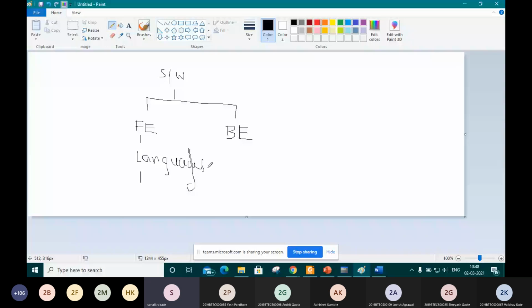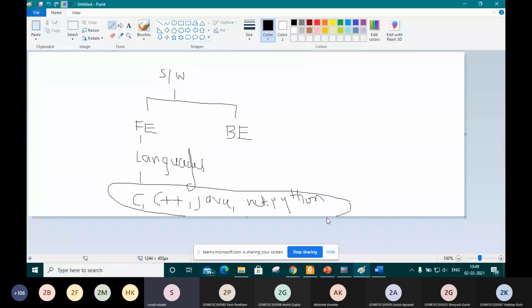Any of C, C++, Java, .NET, Python. With the help of these, we are going to create our GUI. GUI means graphical user interface, which is going to be handled or interacted with by the user.